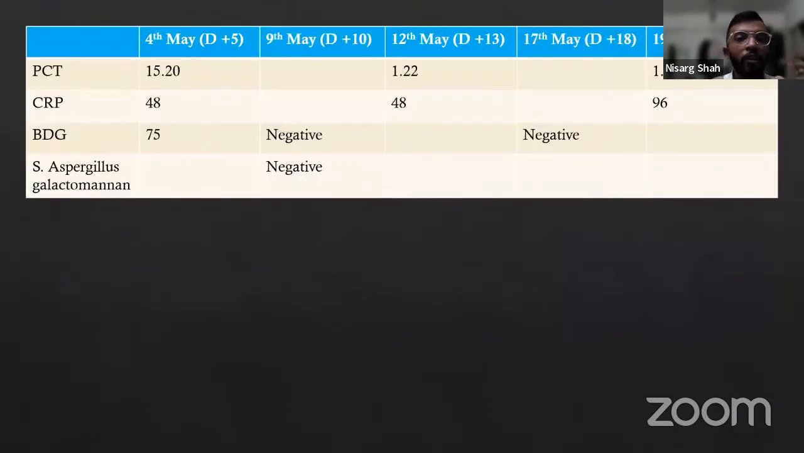Now, if we have a look at the investigations broadly, PCT when she got admitted, so procalcitonin was 15, which favored bacterial etiology and justified our use of broad spectrum antibiotics. After that, the PCT came down to around 1.2 and was hovering around that range only. CRP was up and down. Beta-glucan consecutively was negative. And serum Aspergillus galactomannan, which made more sense performing in this patient because she was neutropenic,